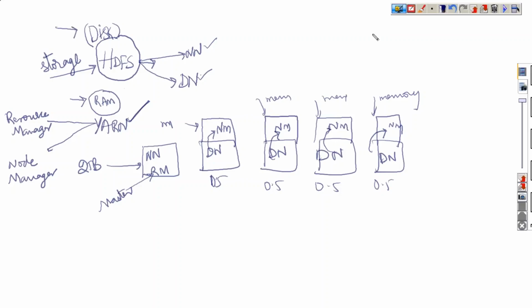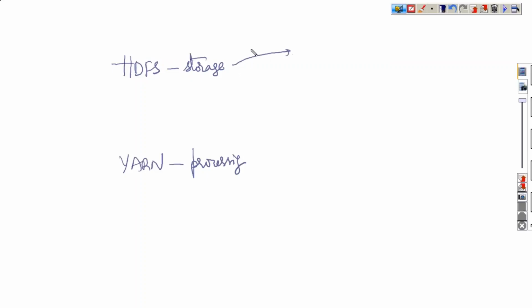That's really simple. So let me finalize these two, HDFS and yarn. Let me write like this. So HDFS for storage and yarn for processing. And what is the master process called as?